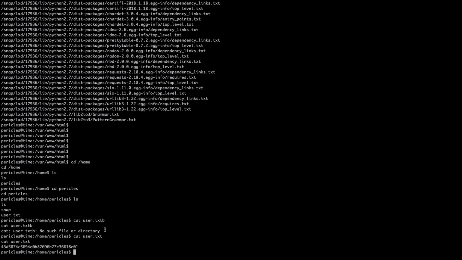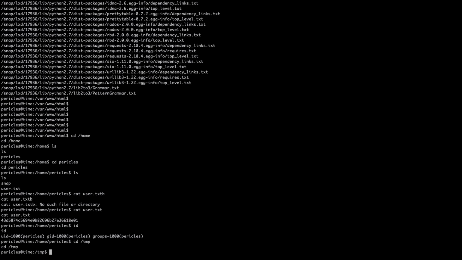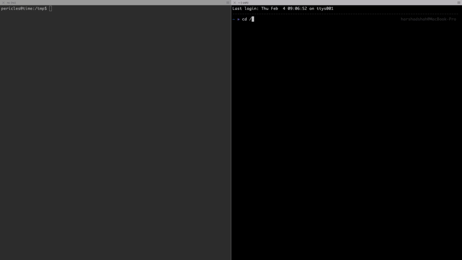Now what I need to do here is perform a privilege escalation. When you check the ID here, you can see the user is available there, right? So how can we perform a privilege escalation in this case? I can simply go to the temp directory, and let me clear the screen. I'm going to transfer my linpeas here. So let me go here vertically, and go to my opt directory where my linpeas is available.